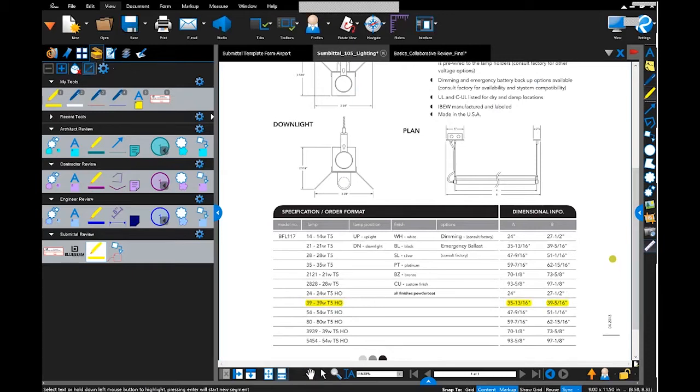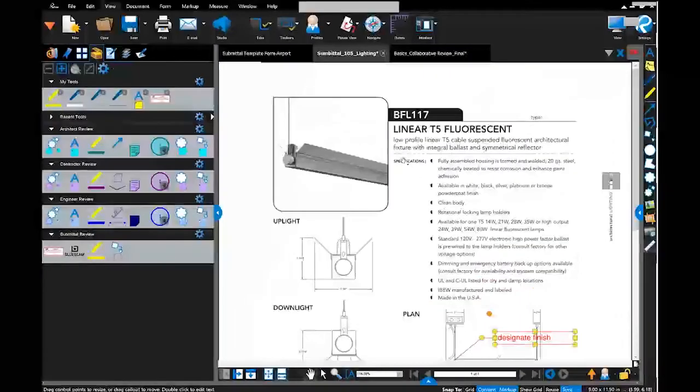So now that I've highlighted the exact lamp that I want to use, I also want to place a comment here. So I need to place a comment before I submit this to let them know that they need to designate the finish. So I'm going to just say designate, look at that, it even does spell check for me. There we go. And then I also want to make sure that I add my submittal cover page to this